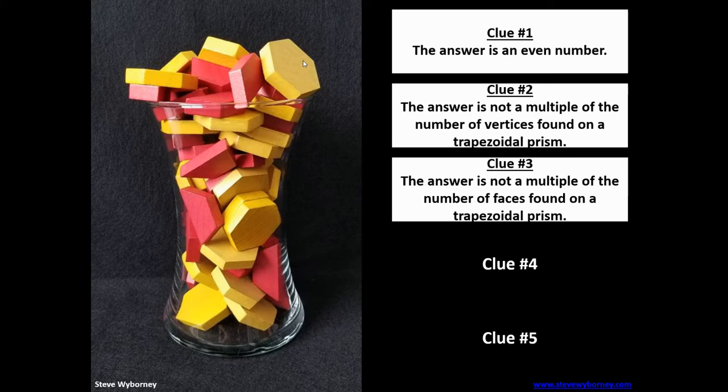And now it also can't be any multiples of 6. So let's count by sixes together. 6, 12, 18, 24, 30, 36, 42, 48, 54, 60,